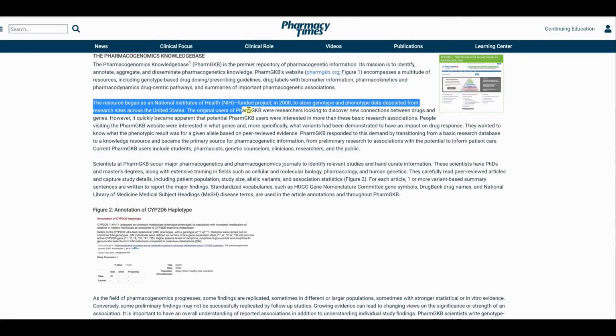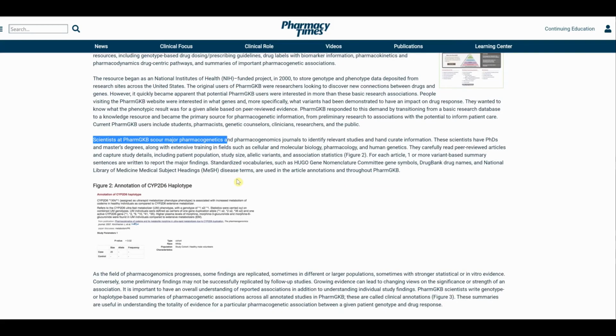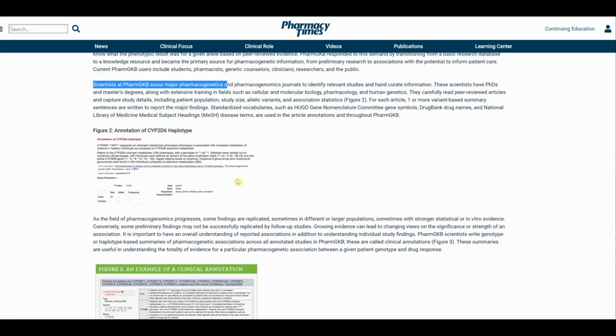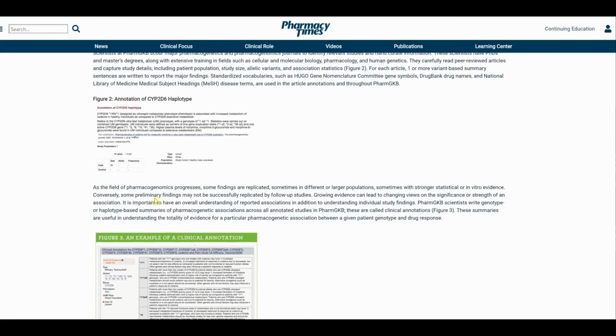This is basically an NIH resource that was started in 2000, and it's constantly curated by scientists with essentially pharmacogenetic backgrounds. And so these are basically PhD supported scientists that go through the literature and constantly update PharmGKB. So this is really why PharmGKB is the premier website or database for use when looking up pharmacogenetic information. So if you remember anything, pharmacogenetics knowledge base. And additionally,